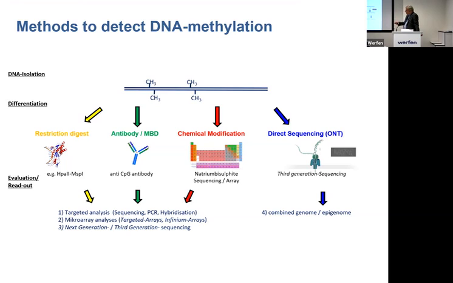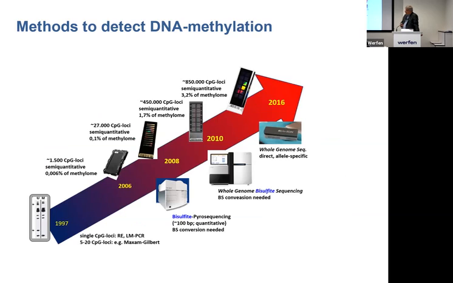You need downstream analysis, which can be targeted sequencing, microarrays, or next-gen sequencing, depending on what you do here. So I would say our workhorses at the moment are more or less in this region. If you look into the development of technologies in the last years or decades, we started with single CpG loci. When I started DNA methylation, it was on imprinting disorders, back in the middle of the 1990s. I'm not so young anymore, Stefano, already some time ago.